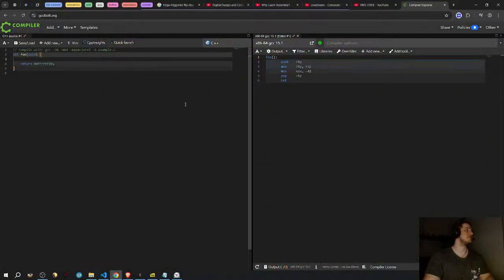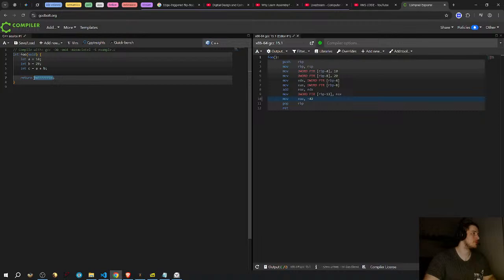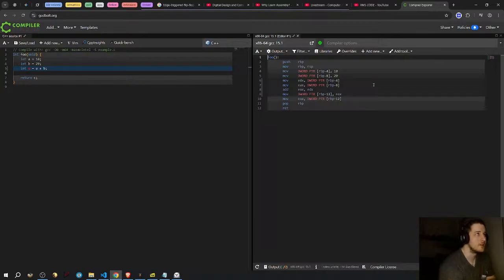If I do... so it moves the value to registers, then adds the registers. So this is the question, is when you move the value, I think that this is gonna be